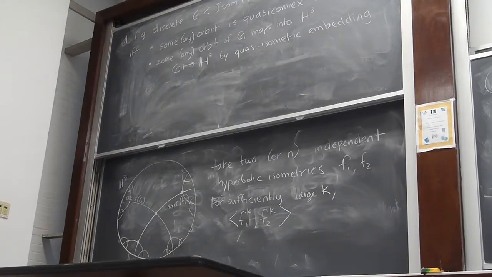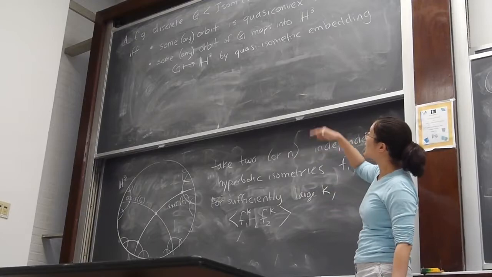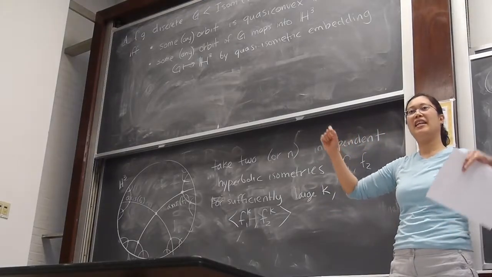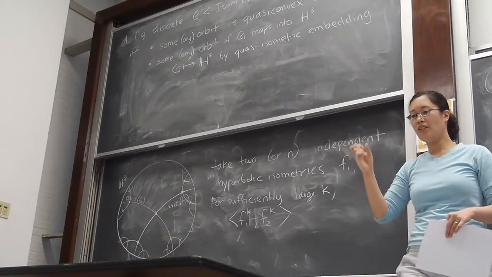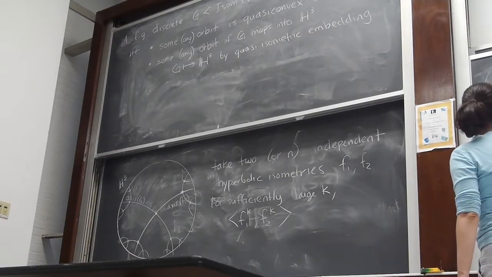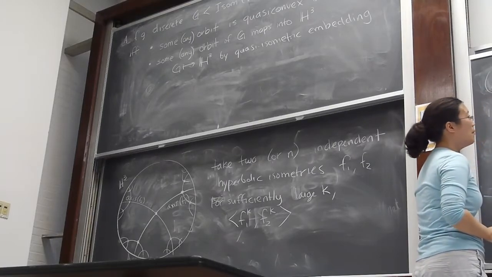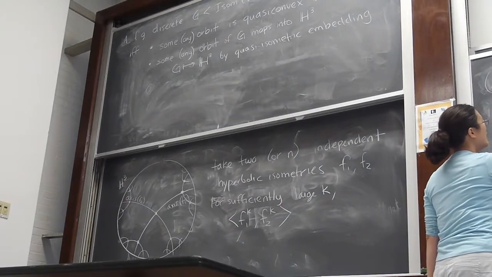And they named it convex cocompactness because they proved that this condition is equivalent to the convex cocompact definition involving taking the convex hull and then the quotient of that being compact. You could define a weak hull in Teichmüller space and have kind of similar properties. That definition is kind of complicated. An equivalent statement to this requirement is